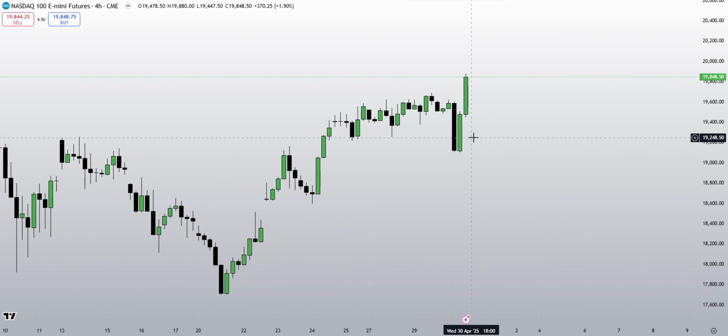This one will be focused on finding the bias for the session, the draw on liquidity, and how to utilize a top-down approach. I'm going to be using the 4-hour, 1-hour, 15-minute, and lower time frames, just showing you what I look for going into any given session, what I am looking to determine my bias, and things of that nature. So immediately, just off the bat, what I look for is what is the state of delivery,